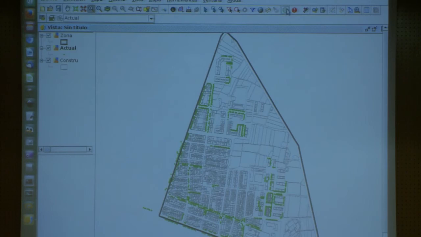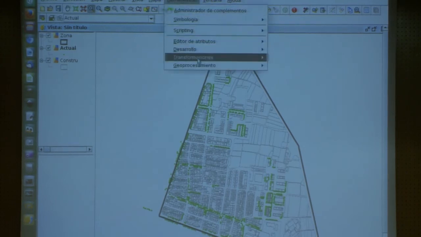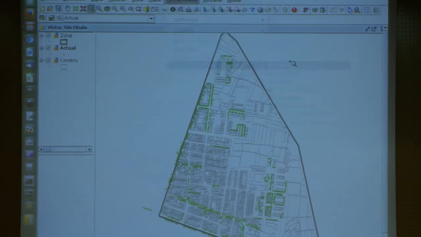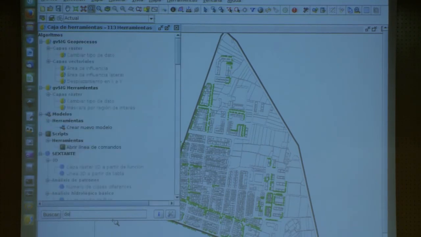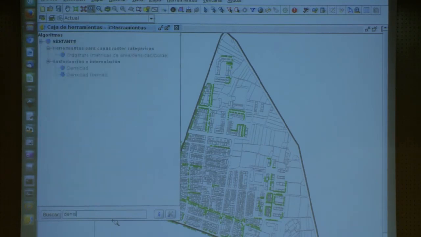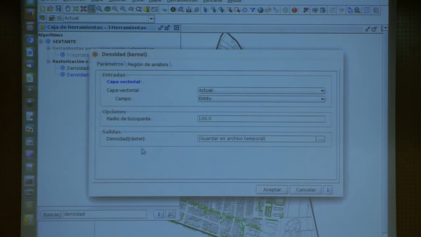Then I execute the geoprocesses manager, and if I know where it is, then I can do a search by name. I say that I want to make a density map, and if I put density, then I have two filters. There are two of them, and the one I'm interested in is density kernel. And I have this window here,